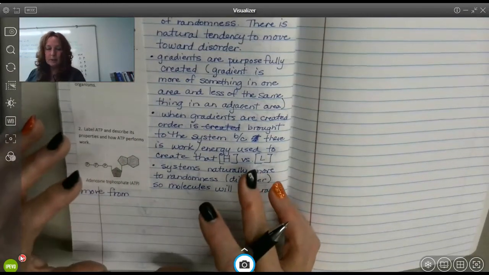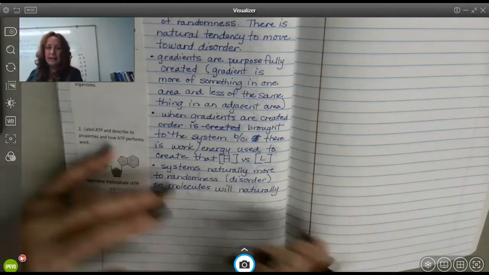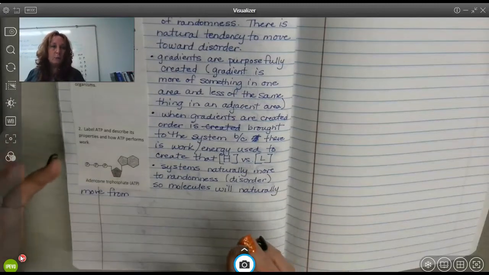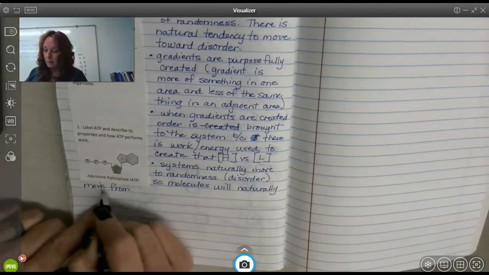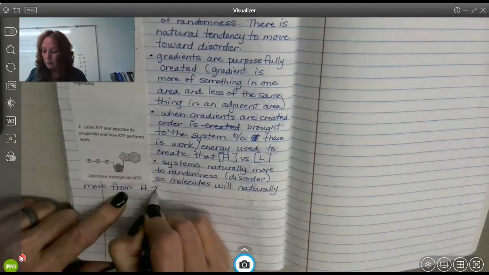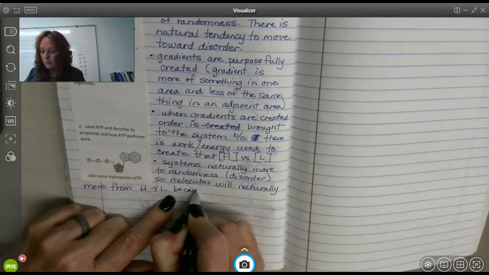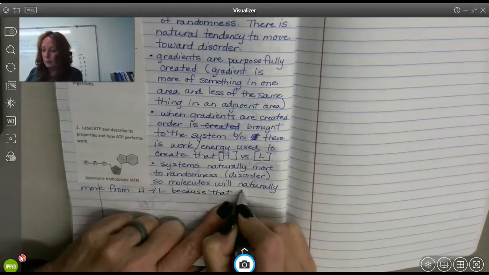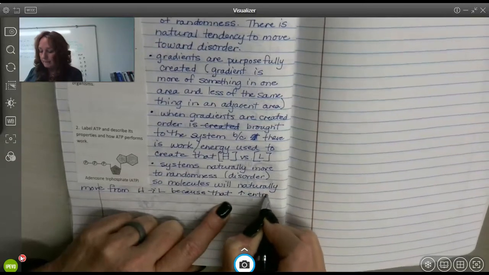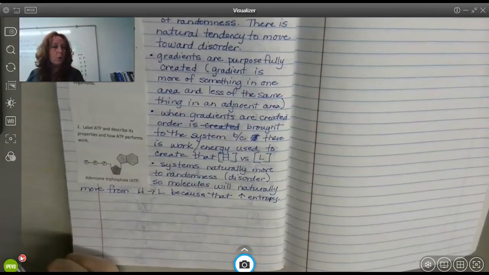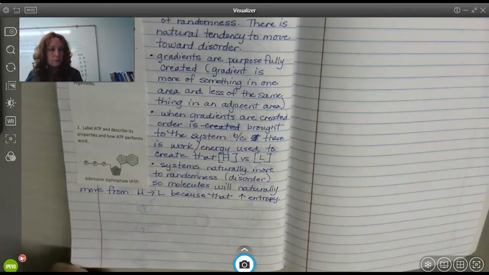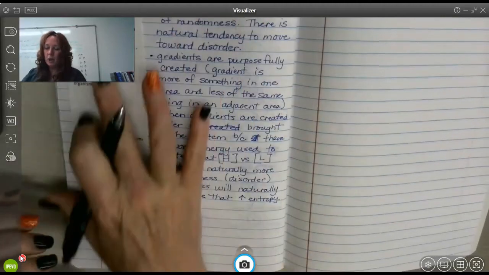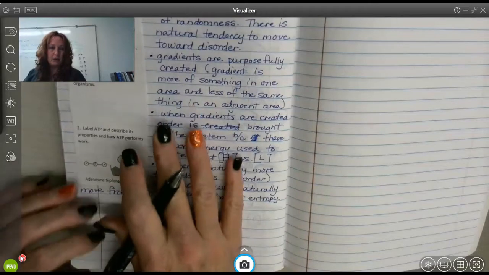You've got the same concentration on both sides, but you have dynamic equilibrium, and those molecules could be found in either compartment with equal probability, which is random. So they will naturally move from high to low, and we'll just put on here to make this answer the question, because that is going to increase entropy, which is disorder or lack of order. I hope that makes sense. That's an excellent question. There's so much content knowledge that you have to bring in here in order to answer that.